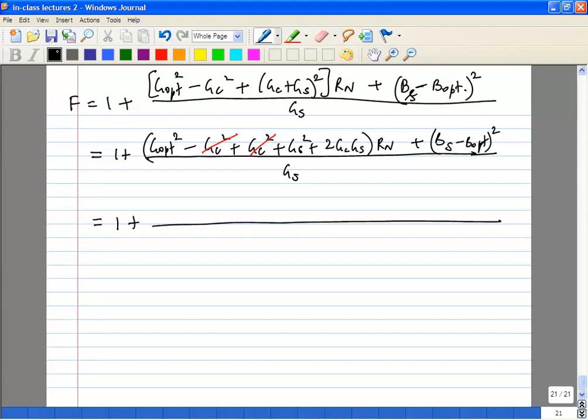So we've added 2 gs g opt, we also have 2 gc gs, so we get this term, okay, plus